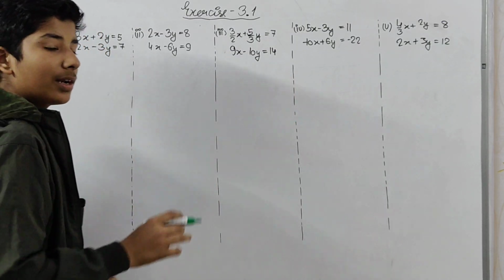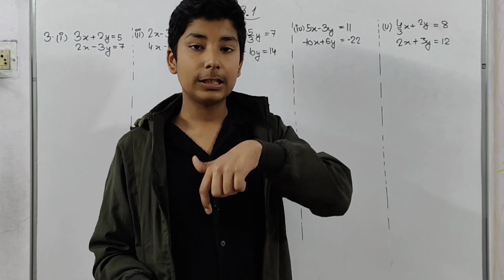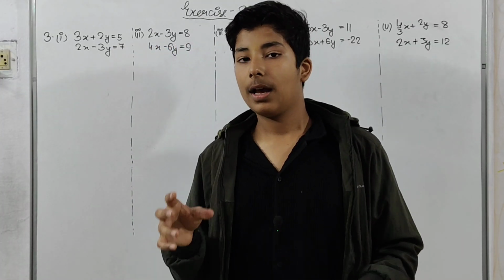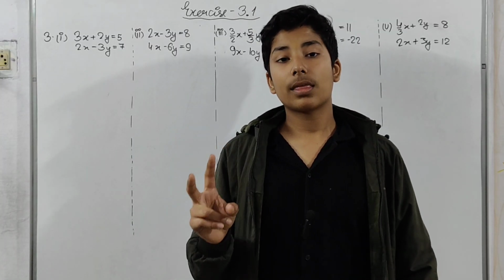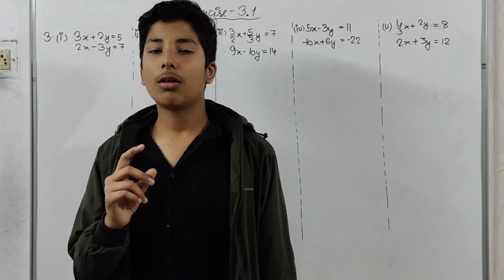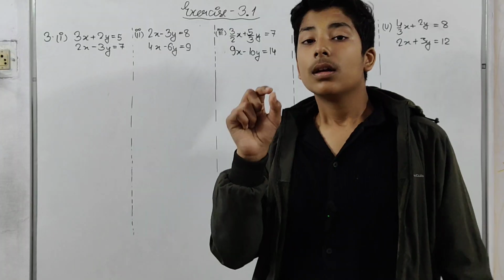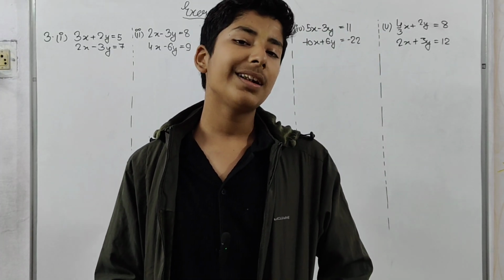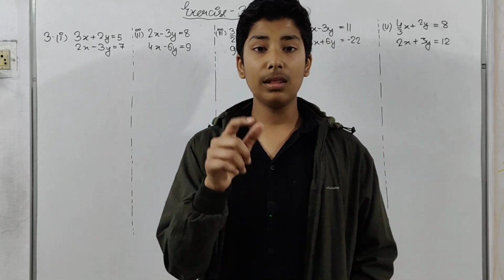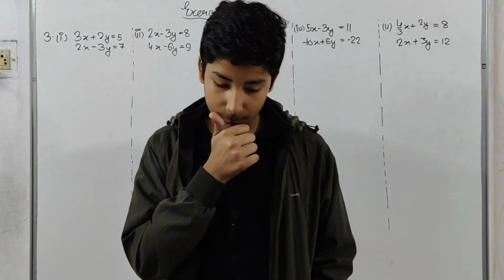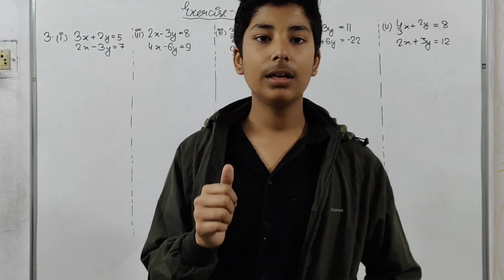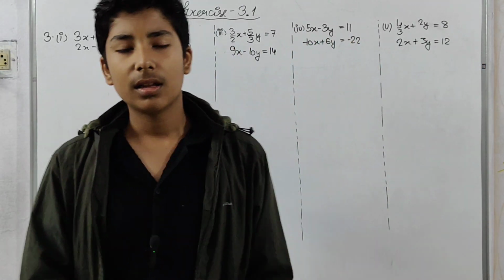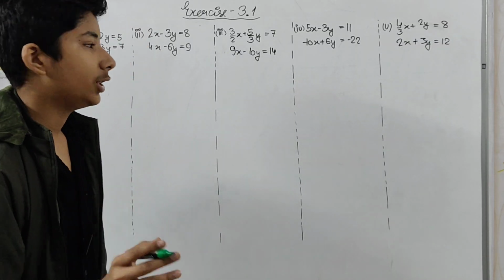Over here we have to find out whether the equations are consistent or inconsistent. There are two kinds of consistent equations. First one is unique solution and second is infinitely many solutions. But infinitely many solutions is consistent but dependent. Still we will consider it consistent only. And the inconsistent one is the third case, which is no solution.